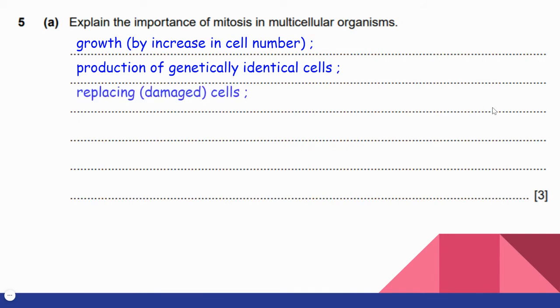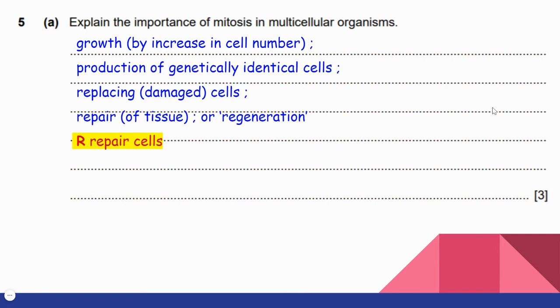Second, if you need to produce genetically identical daughter cells, that's when mitosis is needed by multicellular organisms. If the multicellular organism has been injured or daily wear and tear has damaged some cells, then new cells have to be formed to replace the dead and damaged cells. For tissue repair or regeneration of tissues, mitosis is needed. Never say repair of cells. Repair of tissue happens. A tissue is a group of cells having the same function.